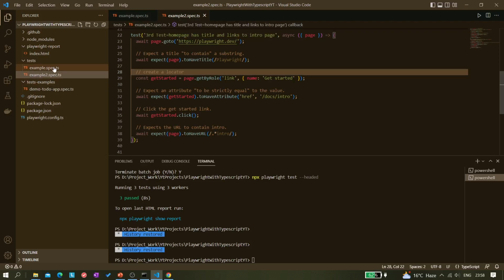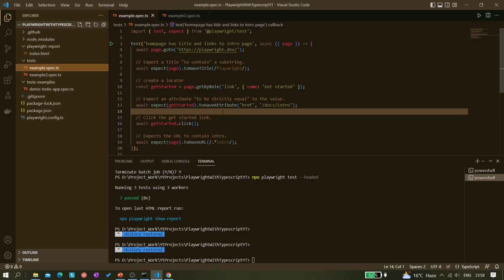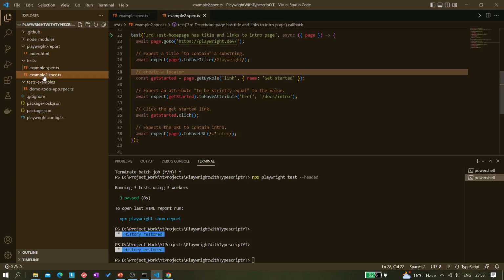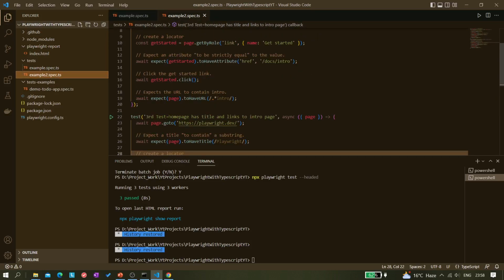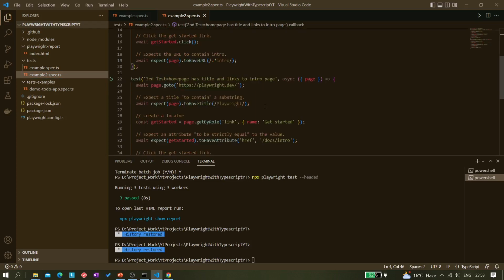So we currently have two test files. In the first example we have only a single test, and in the second example we have two tests, right? But it is doing the same thing. That's fine. Now let me run it. So how do you run it? We need this command: npx playwright test, and if you hit enter,